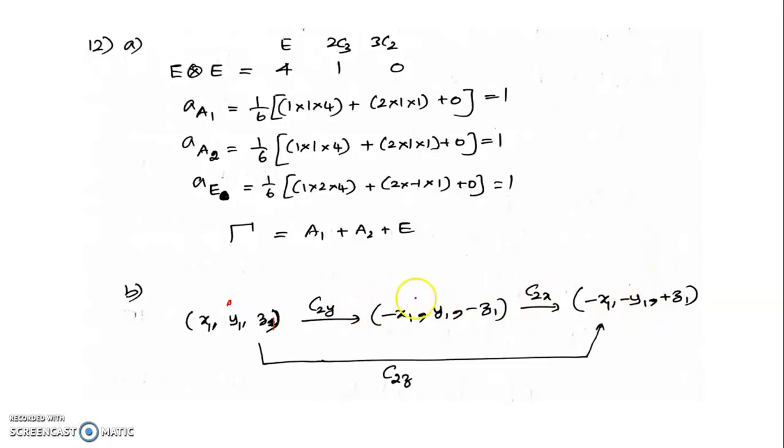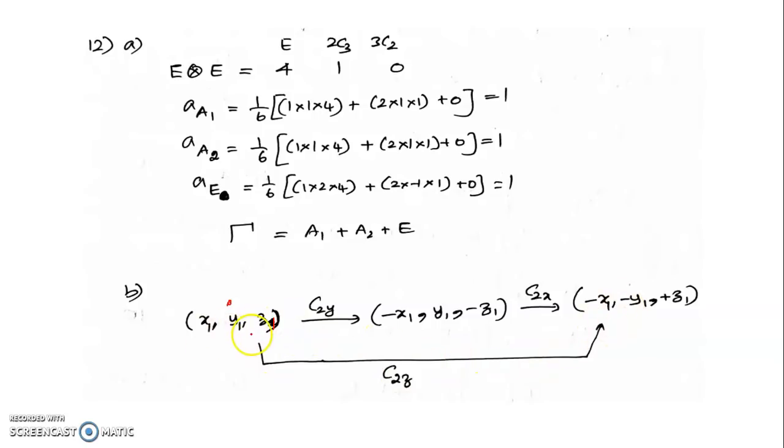Now what is the product of these two operations supposed to be equal to? I have told you in one of the lectures that if you multiply two symmetry operations, the result is also a symmetry operation. Okay, therefore what is the resulting symmetry operation? How to find out? You just check how you convert x1, y1, z1 directly to this, right?